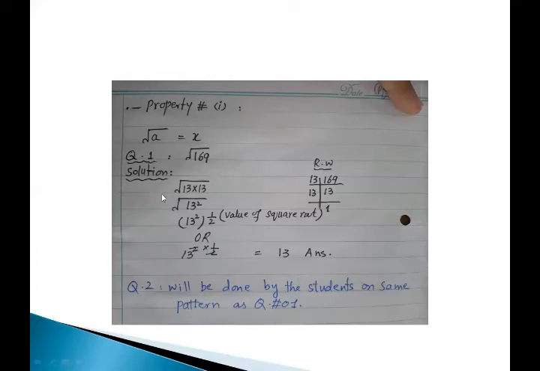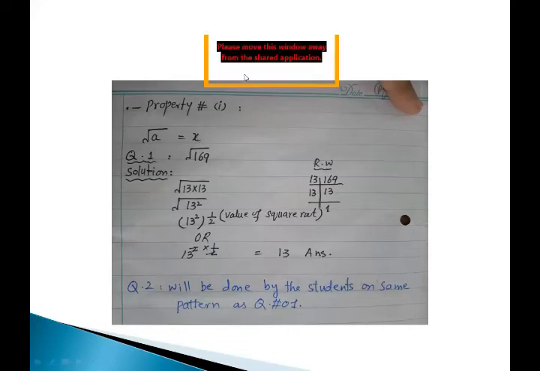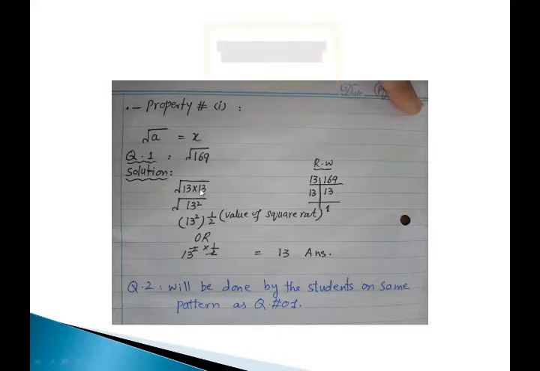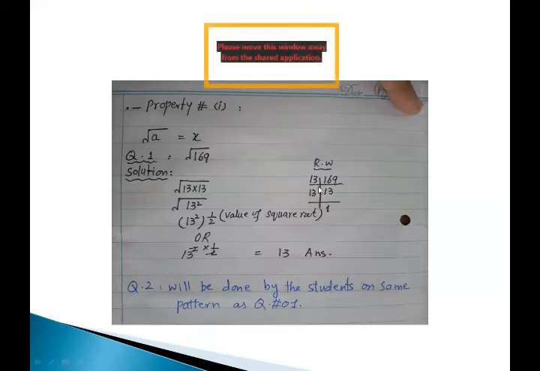Okay, this is property number one which we have studied: the square root of a to the power 2 is equal to a. Whenever there is a number under the root, there must be another number which we get after cancelling the square over it, giving a single number. For example, if we have the square root of 169, we need two numbers which multiply with each other to get 169. This is the rough work: 13 ones are 13, 13 sixes are 78, so 13 multiplied by 13 is 169.